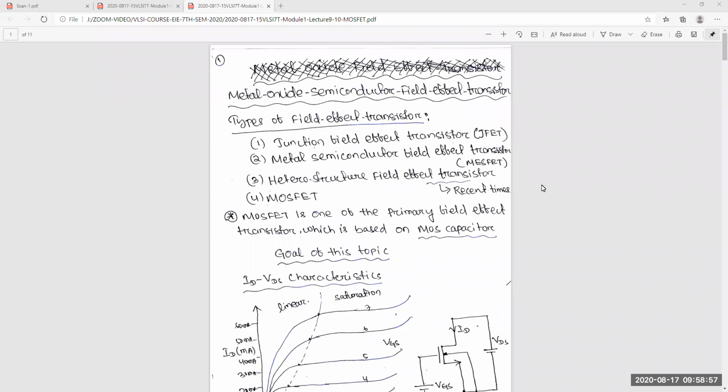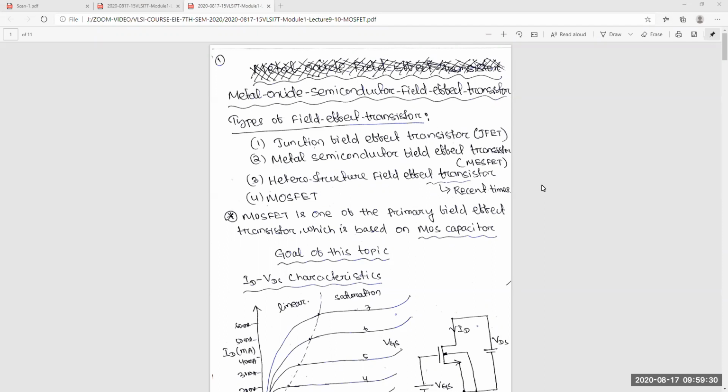So for every region, the accumulation region, depletion region, and inversion region, we have calculated the charge. What are the CV characteristics or capacitor profile or charge profile in that region? We have also shown that graphically, and also derived the threshold voltage equation and flat band equation, both for ideal MOSFET and non-ideal MOSFET.